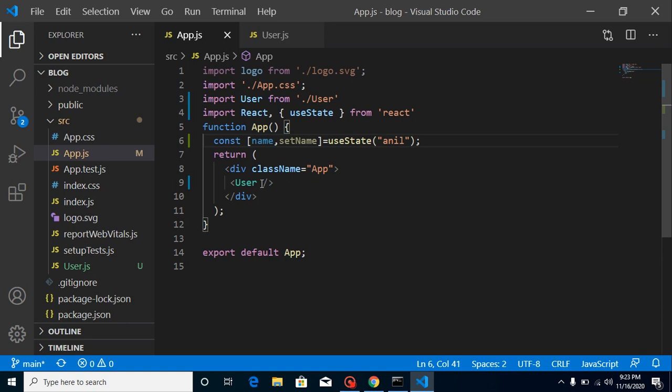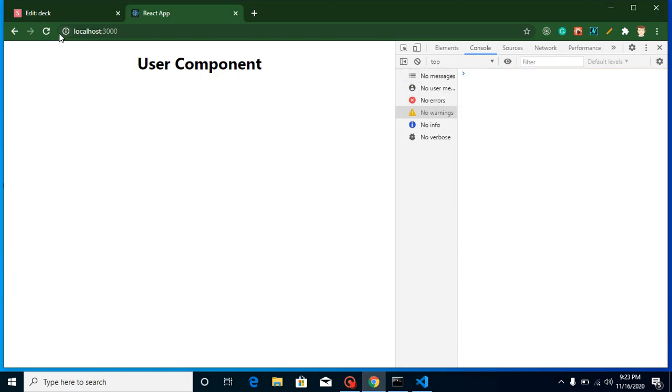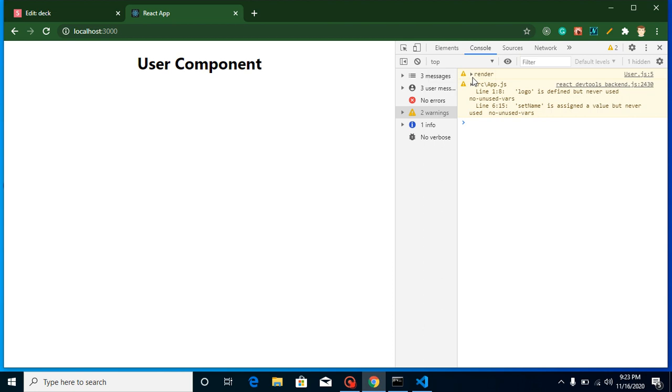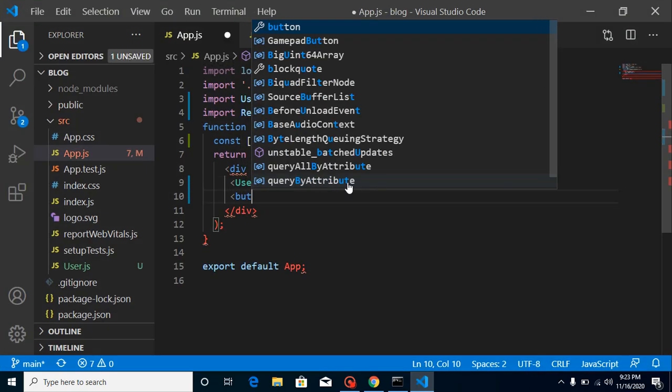After that we can pass a prop here, like name. But at that time it will not update because we are not updating this state and props, we are just adding it, and it will only work at the component creation time. So it will be called only one time. Here you can see that. But whenever I update it on a button click, it will be called again.